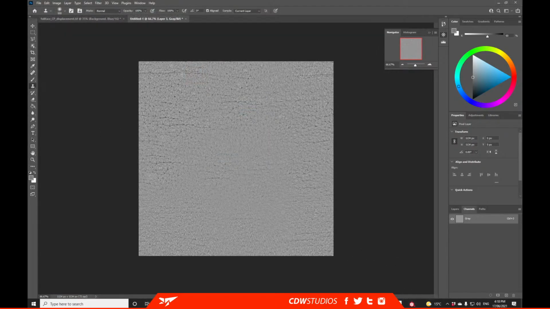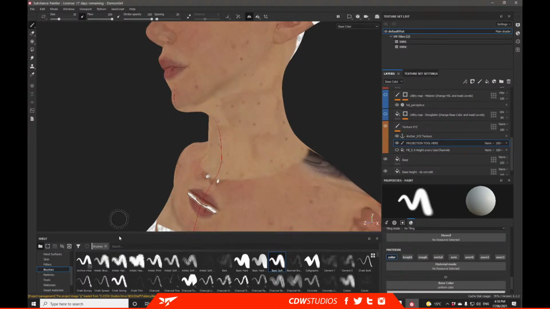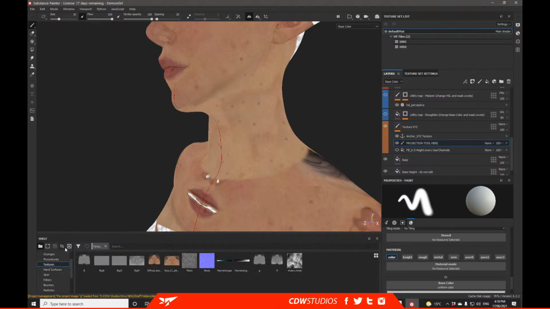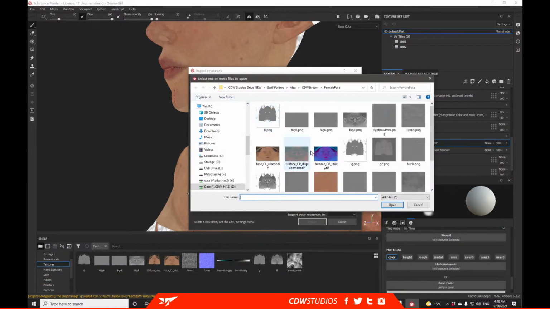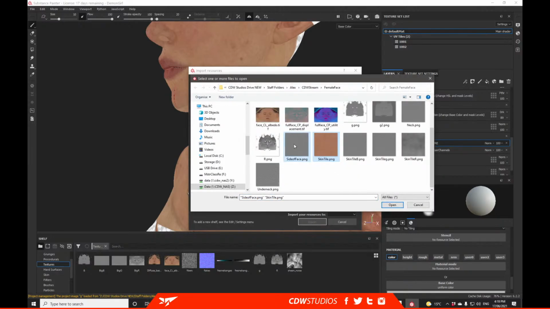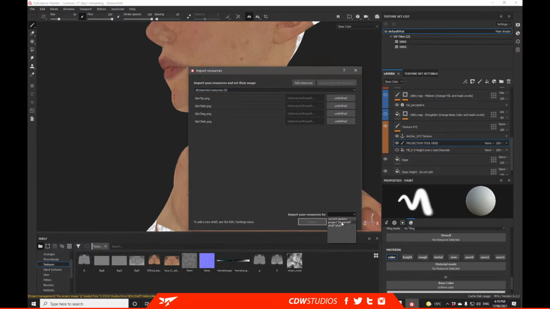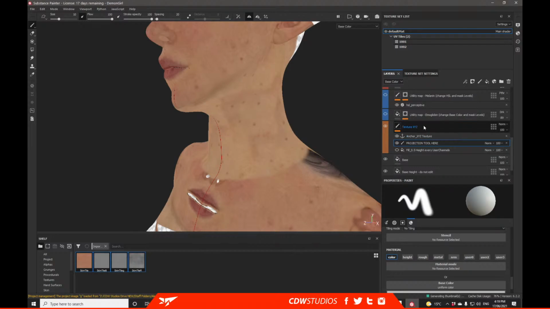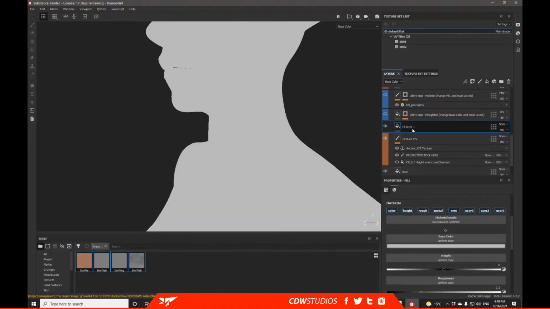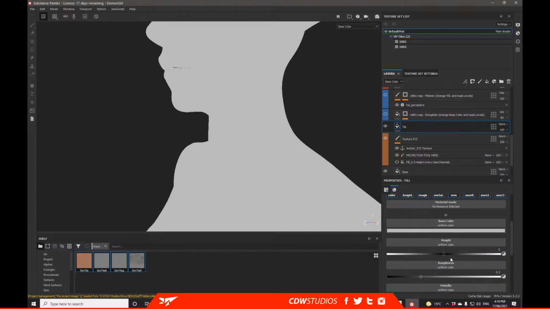Alright, so back in Substance Painter, under our textures, let's grab all those tiles, so skin tile. Just coming into Project Demon Girl, texture, texture, texture, texture. Let's import that. And above this layer, we'll create a new fill. Let's just call that tile. And we will